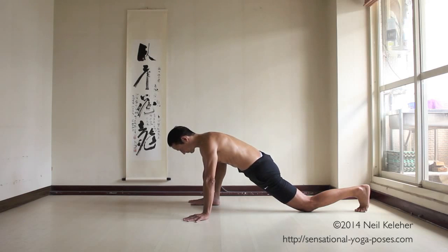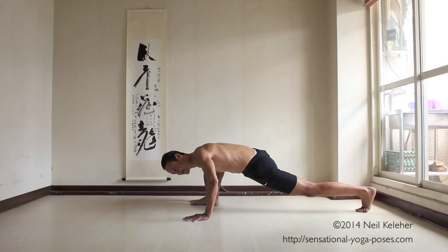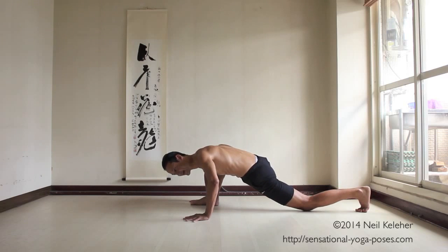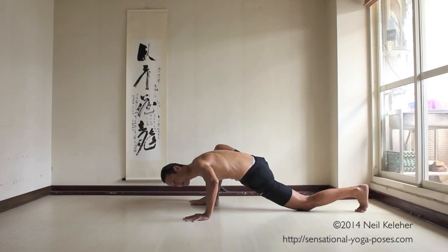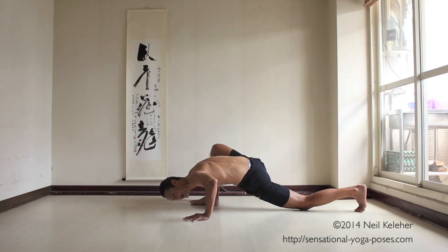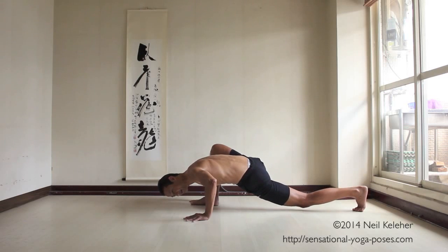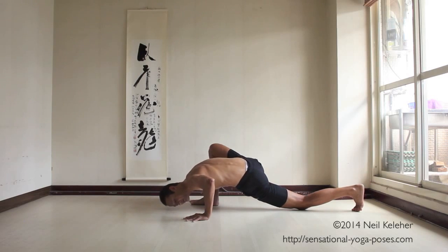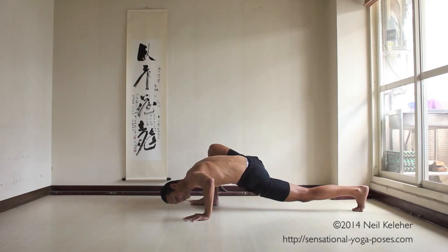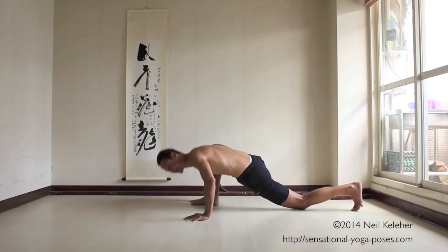For this one, bend your elbows, try and keep your spine long. So front leg active, back leg active. Keep your legs strong, keep your elbows bent, then relax the legs, bend the elbows a little bit more. Keep the elbows bent, front leg strong, back leg active, hold for a breath, then relax the legs, sink the chest down. Legs active, lengthen the spine, legs relax, sink the chest down. Keep the elbows bent, activate the legs, relax the legs, then increase the bend, sink your chest